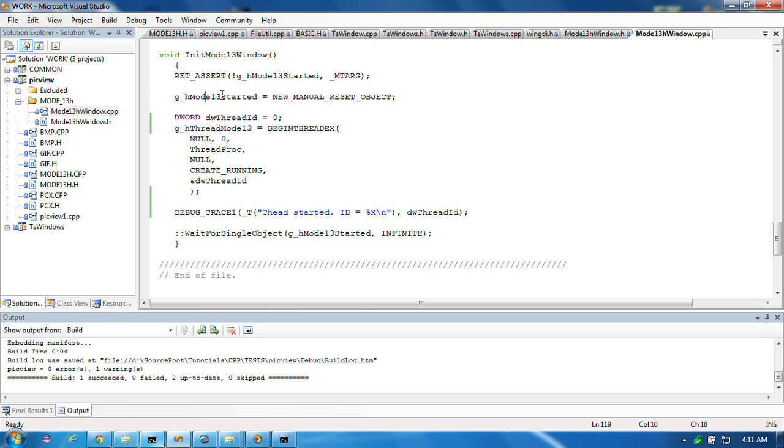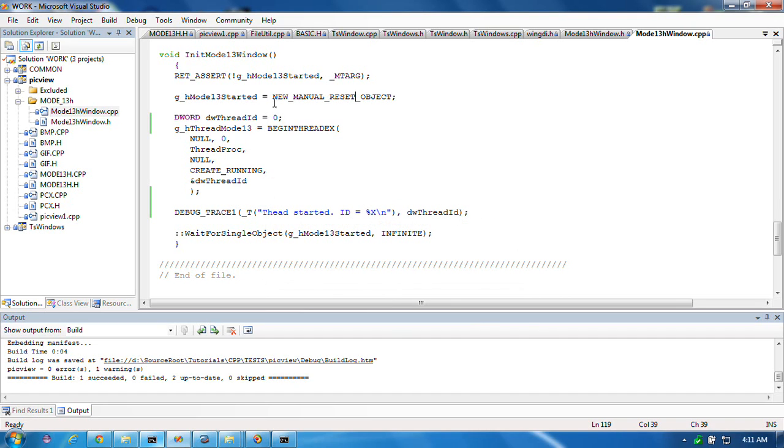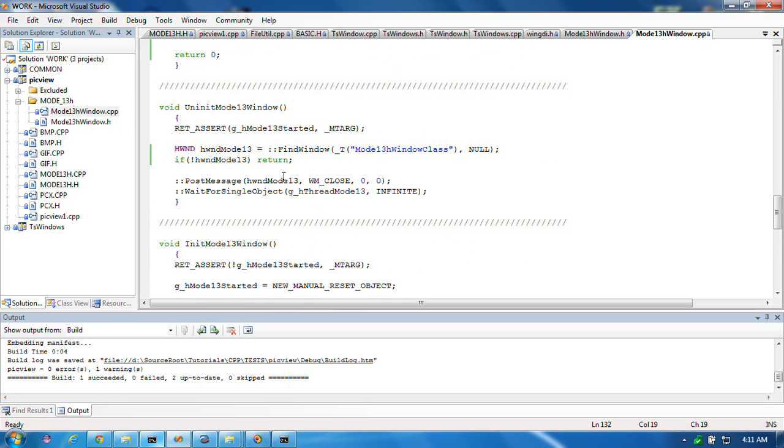So now it starts off in the unset state, turns out, but this is a macro. It's defined somewhere, trust me. So now I'm waiting for this object to become signaled, or it could time out, but this is going to wait forever, so it'll have to get signaled. And what I've done here is in my window,